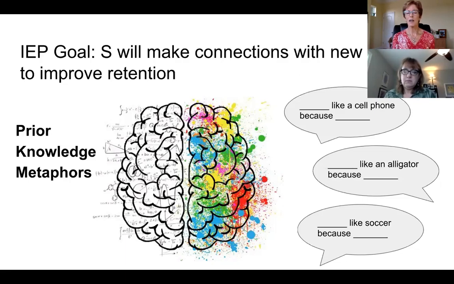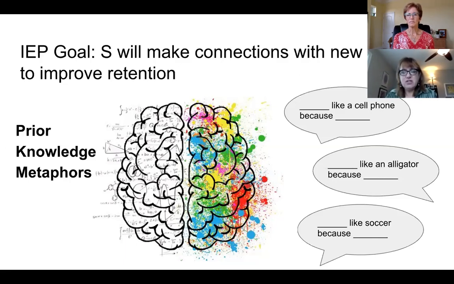And then the next day, I might give you a couple of different metaphor options, like you can see on the screen here, and then ask you to connect what you know about commas to one of these options and create a metaphor. So, Sonia, which of these might you pick? If these are things that students might be interested in, right? Tell me what you would pick to compare what you know about commas. Well, just taking the first one that I see here, Ann, a comma is like a cell phone because it requires you to pause as you're waiting to send and receive text messages. Okay, just allowing the students to have that thought process.